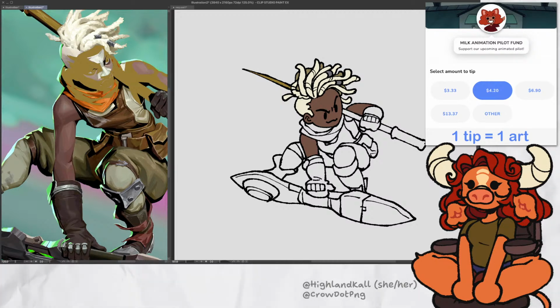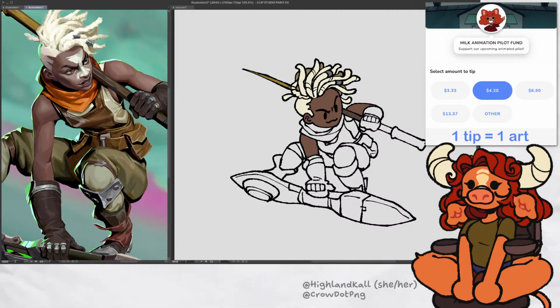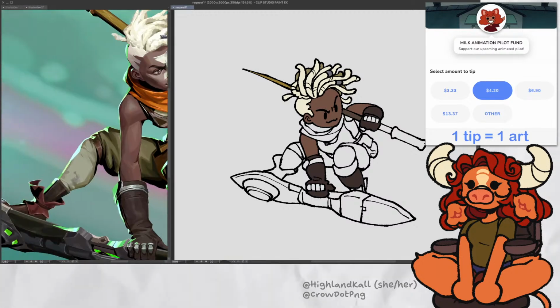Oh, it filled something in on the reference layer. Let's get some of this stuff going. Let's fill in his gloves. And I'm just gonna have this part of the pants be the same color. I know there's like a different shade there, but I'm just gonna do this for the sake. Actually, no, I should try to at least be somewhat accurate.